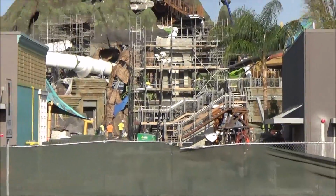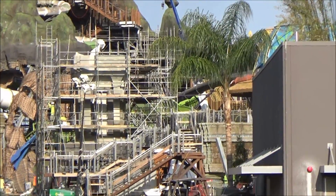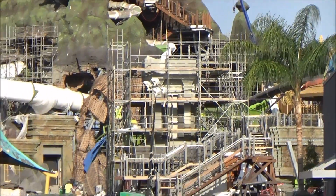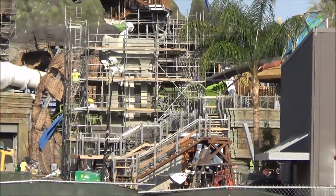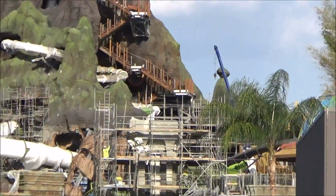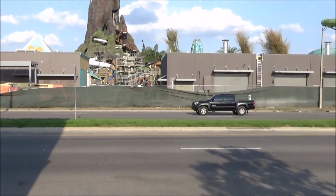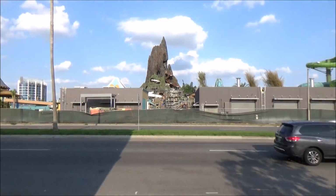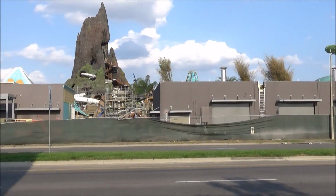As we pull back down, we can see the elevator shaft, the theming on the outside of the elevator shaft for the Krakatoa Aqua Coaster, or what I would assume is the elevator shaft, is coming into place. So again, definitely another sign of ADA possibly being included in this park for guests with disabilities. Water parks are actually exempt from a lot of the stipulations of ADA for safety reasons, obviously. So we'll be taking a look at that